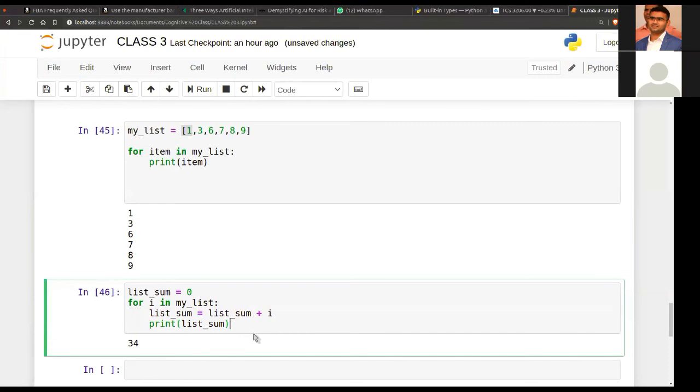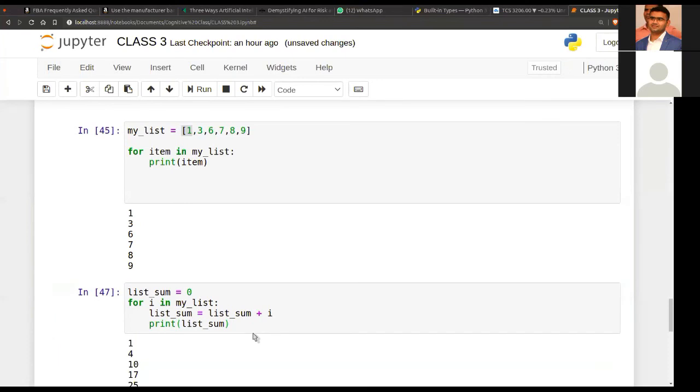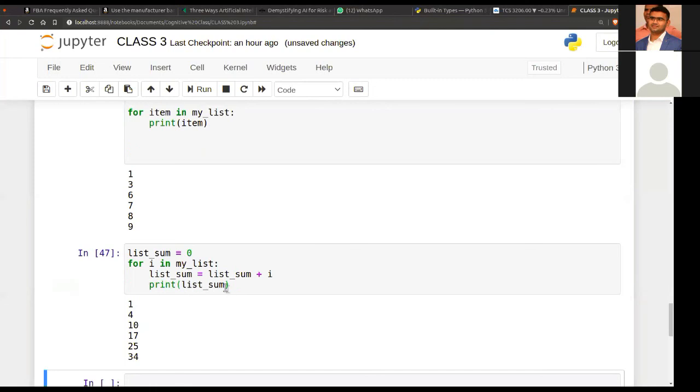So what do you think we will get if we put the print inside the loop? We will get the running tally. For the very first iteration, our list_sum value was 0, so 0 plus i, which was 1, is 1.